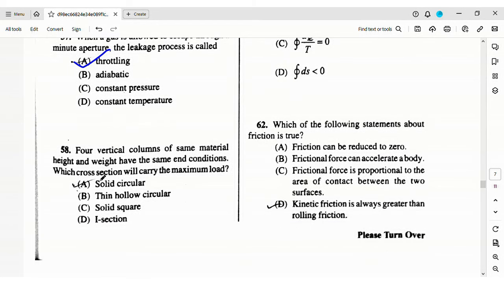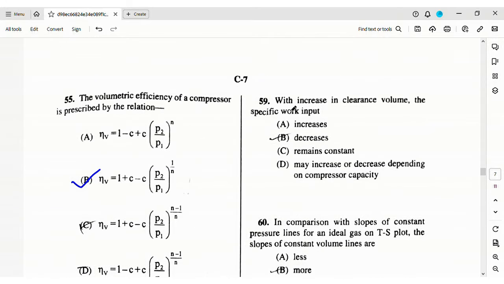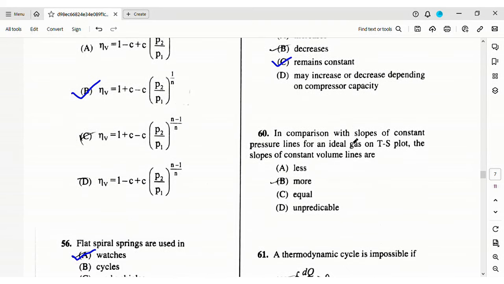Four vertical columns of the same material, height and weight at the same end conditions. Which cross section will carry the maximum load? A, solid circular; B, thin hollow circular; C, solid square; and D, I section. So the answer will be thin hollow circular section. Question number 59. With the increase in clearance volume, the specific work input will remain constant. In compression,